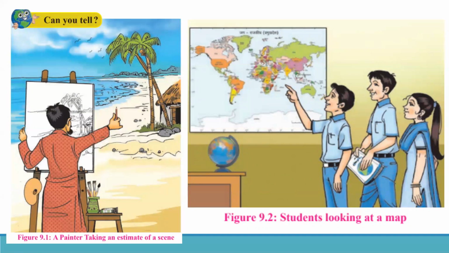How is it possible to view all the countries of the world on one map? You can see the second image. Students are looking at the map. There is a globe on the table. Okay. Now, how is it possible to see all the countries of the world on one map? In the preparation of maps, the place is first surveyed. At that time, after special observation, a scale is fixed. Using this scale, an outline map of the whole earth or a part of it is prepared. And so it becomes possible to view all the countries of the world on this map.